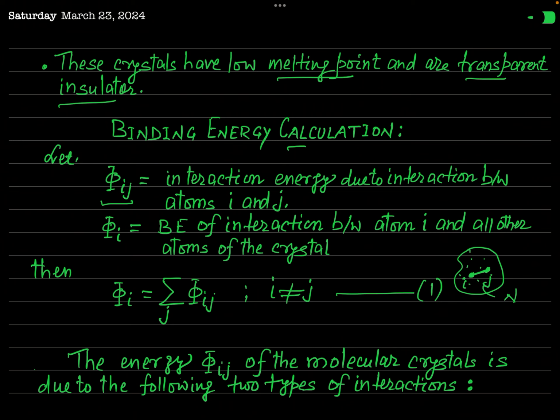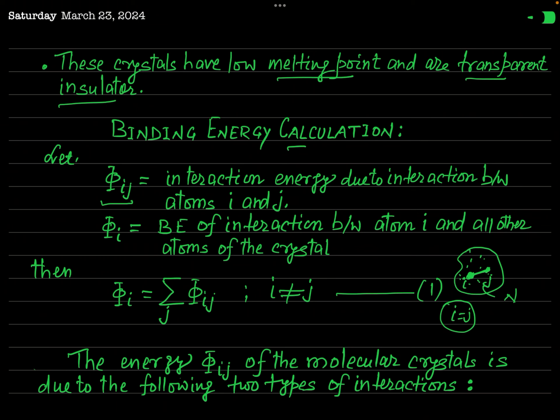Now let us consider the interaction of this atom i with all other atoms. It means i is fixed, but j is not fixed. This j will be equal to 1, 2, 3, 4 and so on. And the only restriction is i is not equal to j. So when this ith atom is interacted by all the remaining atoms, then due to that very interaction, what will